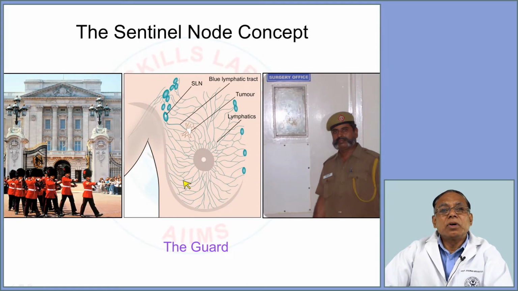So we apply the same concept to the axilla. On the gateway of the axilla is standing a guard, a lymph node, like a guard standing on the gateway of the axilla. And the guard knows if the cancer has gone through it. So we ask the guard, have you seen cancer going inside? If the guard says yes, then we go inside the axilla and clear all the nodes. If the guard says no, and the guard is right because there is no backdoor entry, backdoor entry means that there is no skip metastasis, exceedingly rare,